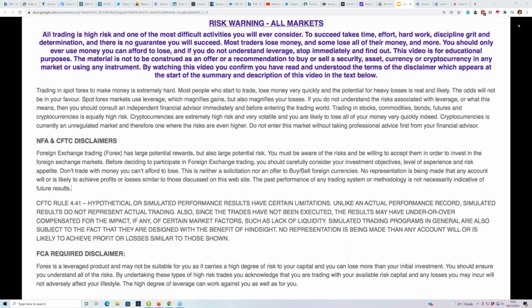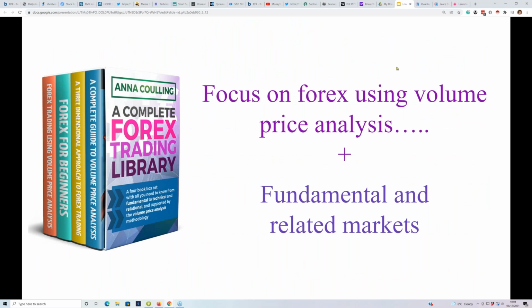I know we have some of our forex students with us, and some of our quantum users, and I know we've also got people for whom it's maybe your first time, or who bought some of my books, which are available on Amazon, which explain the methodology that we use to analyze the markets generally. There are forex-specific ones as well, but it's primarily based on price action, volume, support and resistance. We use candles, candle patterns, and we also look at time.